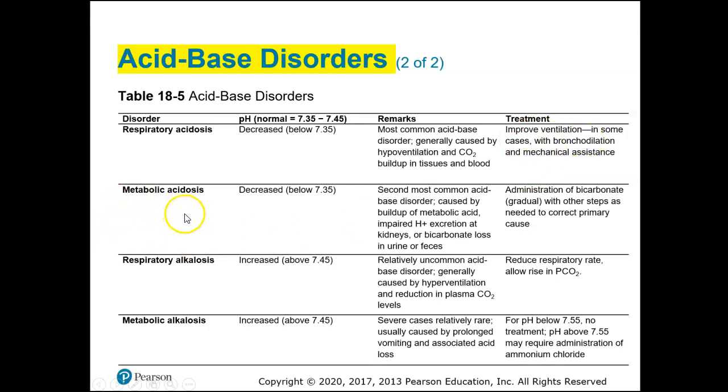In metabolic acidosis, such as with diabetic ketoacidosis, the treatment listed is the administration of bicarbonate, I guess, but if it's diabetic ketoacidosis, you give the person insulin. So they don't have that as an example, I guess, but it's caused by buildup of metabolic acid, impaired hydrogen excretion at the kidneys, or bicarbonate loss in the urine or feces. So it can be caused by other things, but what happens in diabetic ketoacidosis also, if a person gets that bad off with their